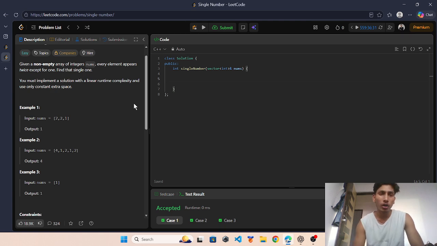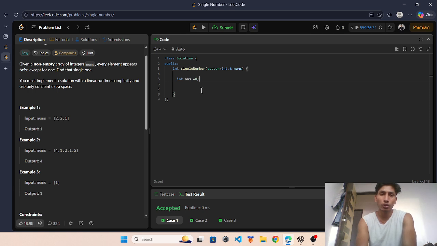So now we use the XOR method, where the complexity will be linear. First of all, we declare an integer variable named ans, equal to 0.